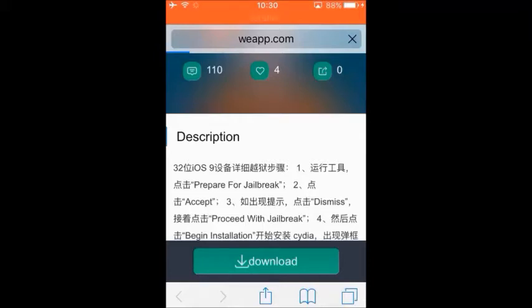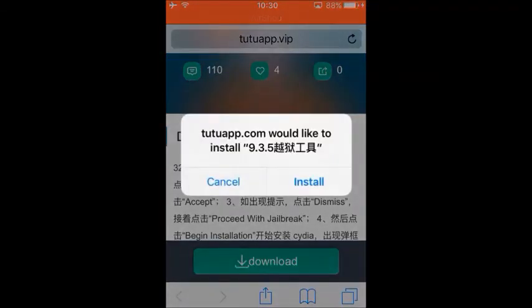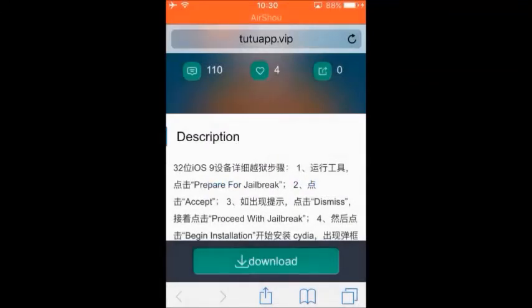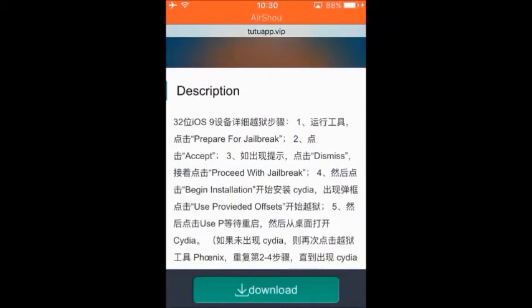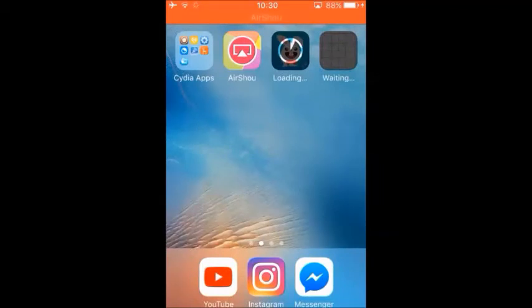And the same message to install, like Tutuapp, it's going to pop up. Just wait, it will appear. Done. Click install. So now you got everything you need, right? Both of them are installing. I'm going to pause the video again, and when the two apps are installed, I'm going to show you where